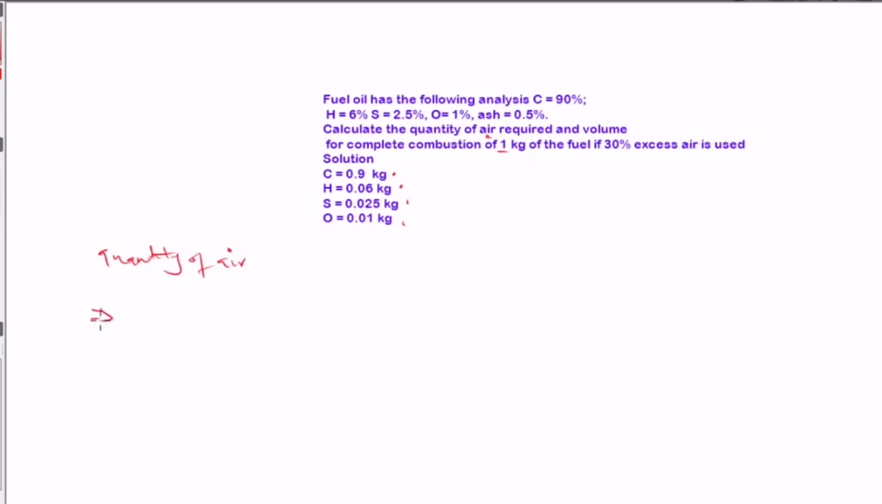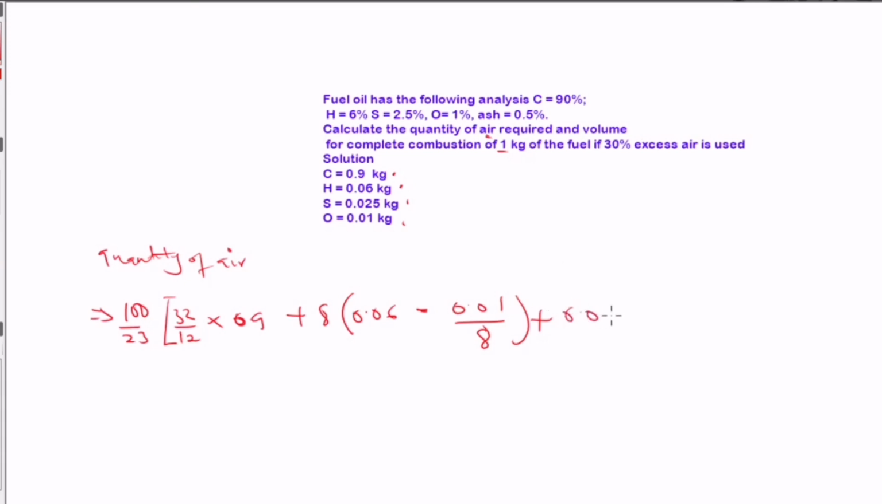we know that the formula is going to give us 100 over 23 bracket open, 32 over 12 times 0.9, then plus 8 bracket open, hydrogen is 0.06 minus oxygen is 0.01 all over 8, then plus the sulfur, which is 0.025. Then you close the bracket. Note, ash is not part, so we are not going to use ash in the calculation. When you do that correctly and take your calculator, for your answer, you're going to get 12.586